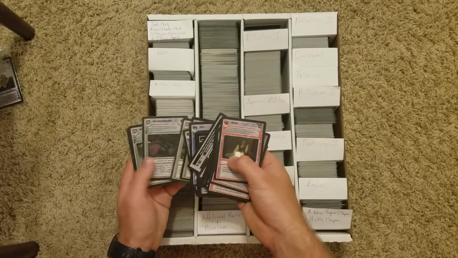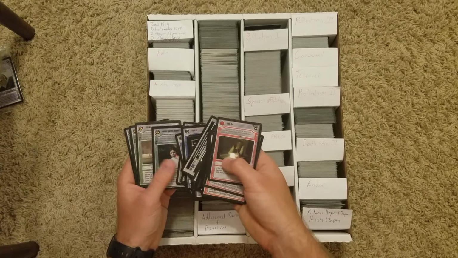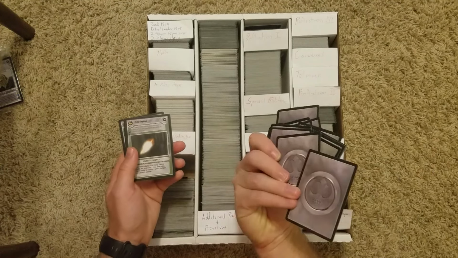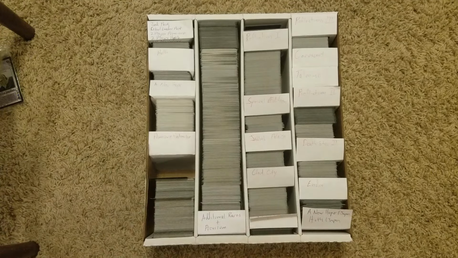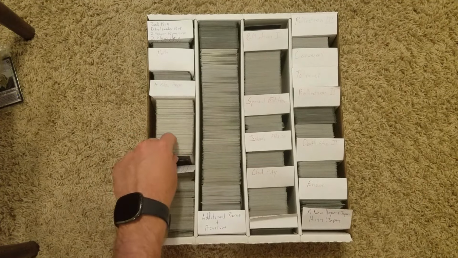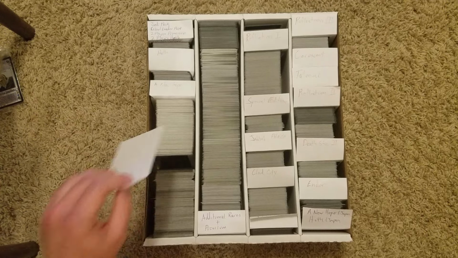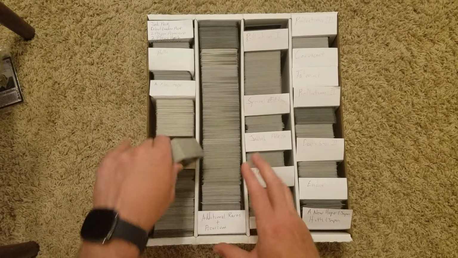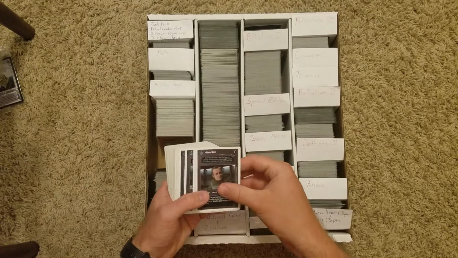We can still get an Obi-Wan's lightsaber. Will we? Yes. Also beat up. Oof. Yeah, some of these are not something. Well, you know, it's interesting. If it has good edges, but there's surface wear, in a binder, that doesn't look too bad. But